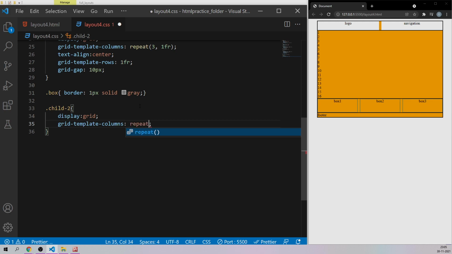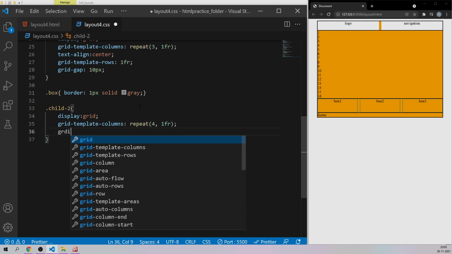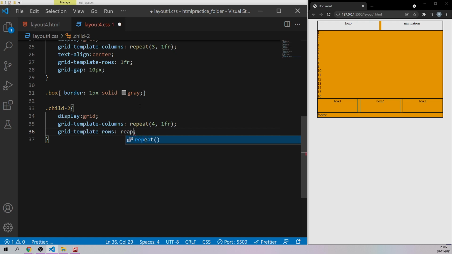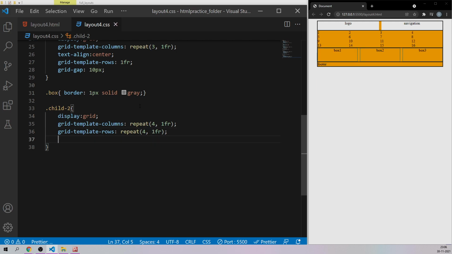I want to repeat 4 times the same fractional unit. Same way, I'm going to set the rows by using grid-template-rows and say repeat, all 4 of them with the same fraction. Let me save it, and as you can see, we have got that particular element.